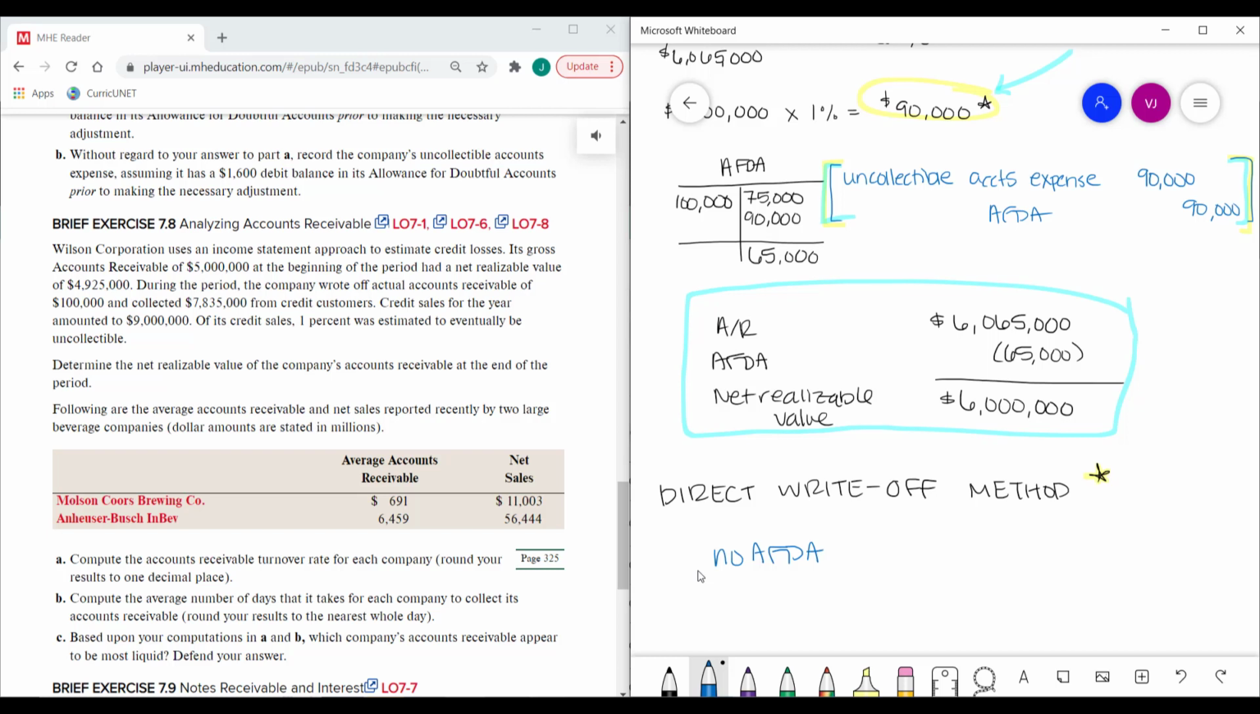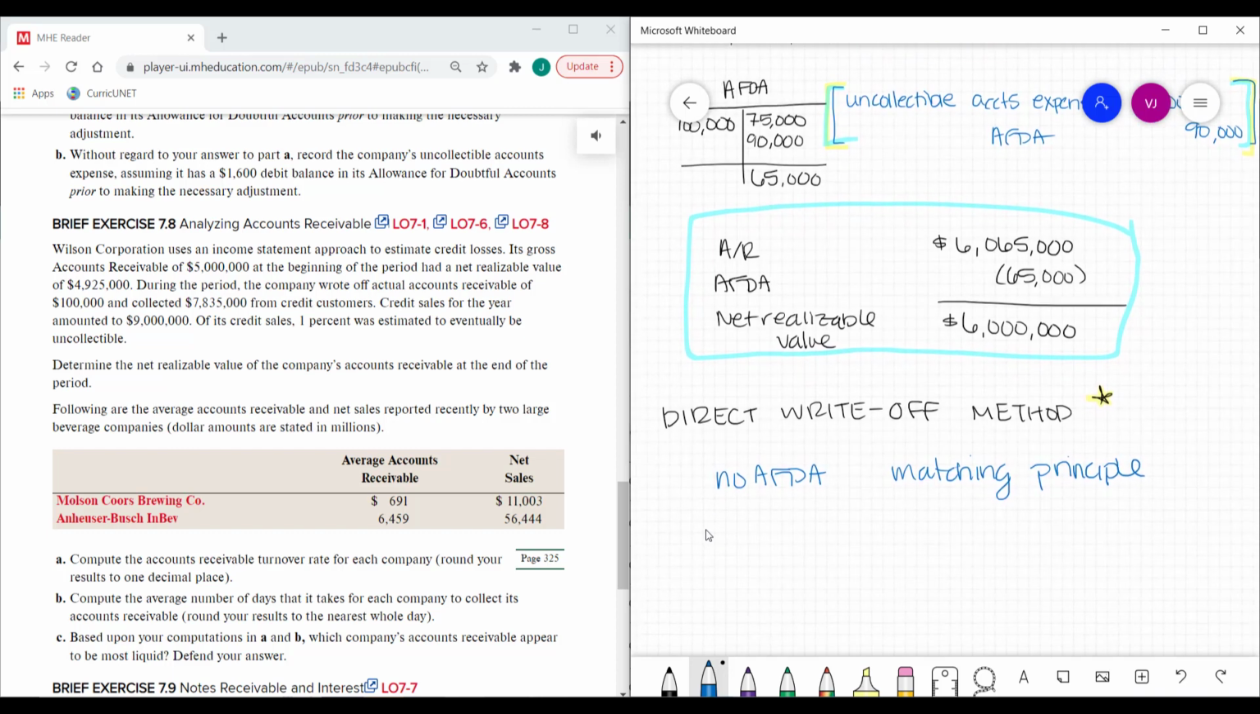There's no effort here to follow along with the matching principle. Instead, when you figure out an accounts receivable is uncollectible, at that moment in time, let's say this year, let's assume we're looking at that $100,000 they wrote off here. Instead of debiting allowance for doubtful accounts and crediting accounts receivable, under the direct write-off method you would debit uncollectible accounts expense, let's assume for $100,000, and credit that